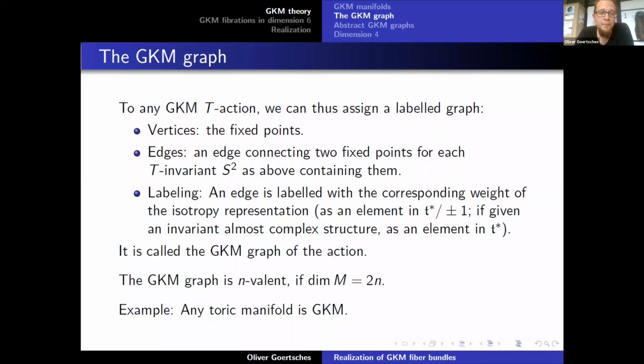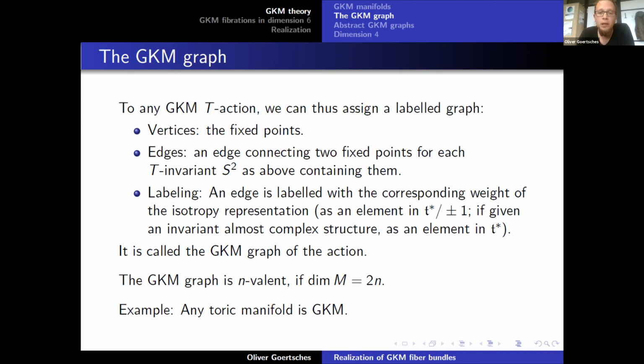So in other words, the orbit space of the one skeleton of the action is nothing but the one skeleton of the momentum image. Right? And what are the labels that we put? So we also know that when you have a toric symplectic manifold, then the weights of the action are encoded in the slopes of the edges of that polytope.